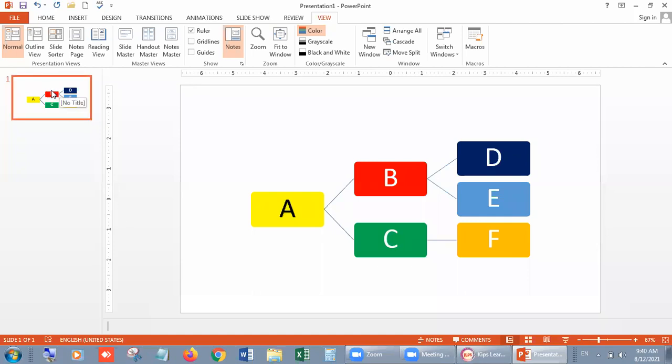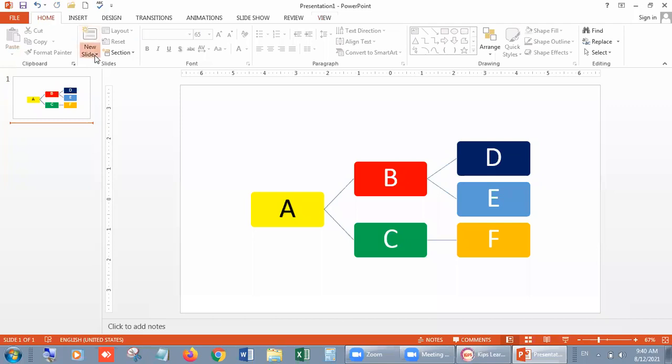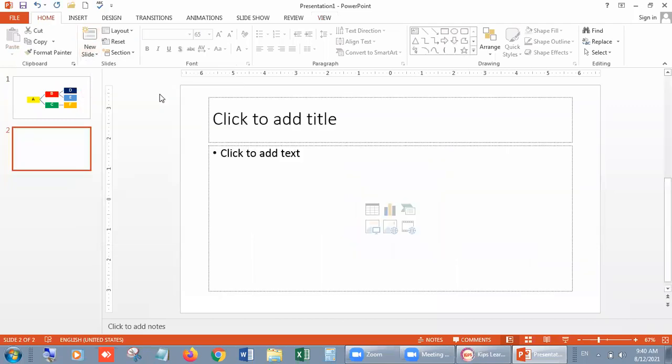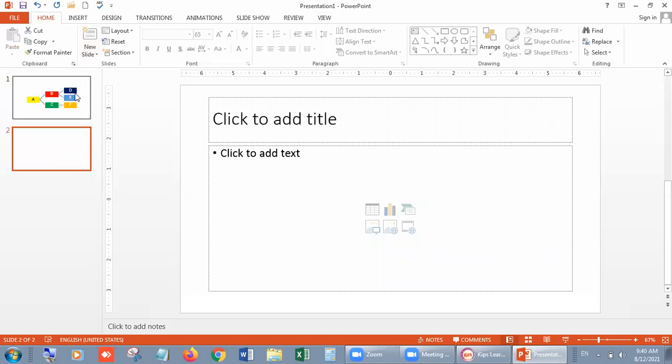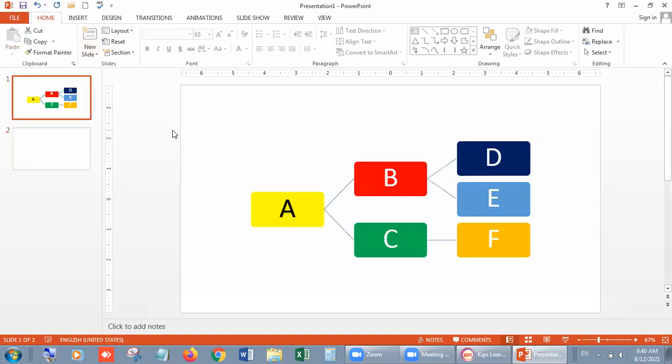And the third part is your outline view. In this view, you can have a miniature form of your slide, means chota roop, right? You will have a miniature form of your slide, right, beta? If you want to insert any new slide, then go on the Home tab and click on New and choose any option. Now we have 2 slides, you can see. So this is our first, this is our second slide, right, beta? So it was normal view. And let's move on to the next view.